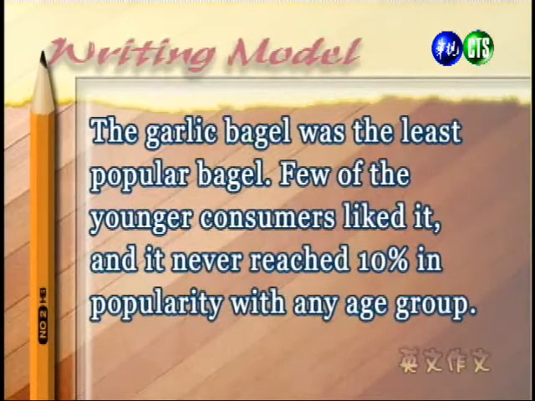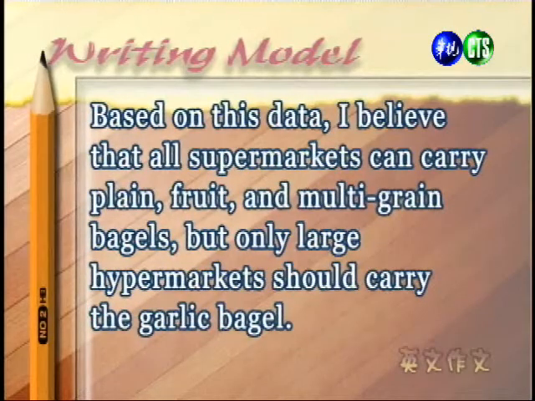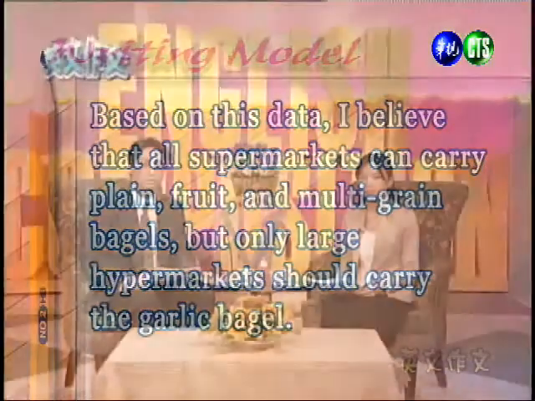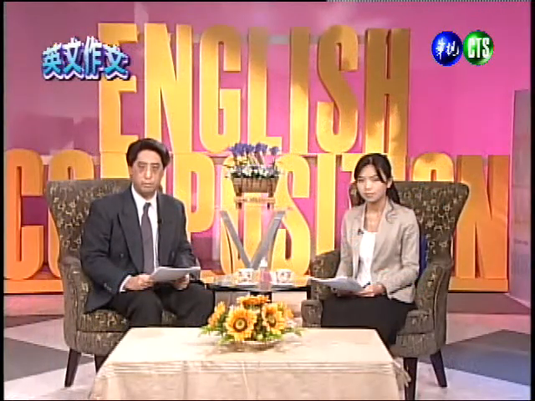The garlic bagel was the least popular bagel. Few of the younger customers liked it, and it never reached 10% in popularity with any age group. 大蒜贝果是最不受欢迎的一种，很少年轻的消费者会喜欢它，而且即使在其他的年龄层的族群中，它也从未到达过10%的受欢迎程度。 Based on this data, I believe that all supermarkets can carry plain, fruit, and multigrain bagels, but only large hypermarkets should carry the garlic bagel. 根据这份资料，我相信所有的超市及卖场都应该要购入原味、水果及多种谷类的贝果，但是只有大卖场才应该购入大蒜口味的贝果。